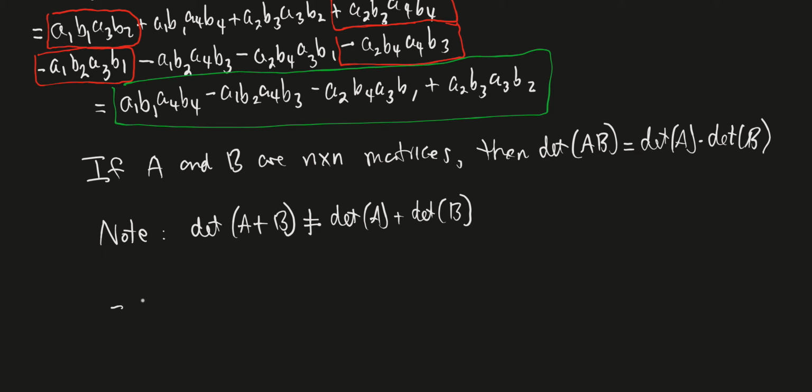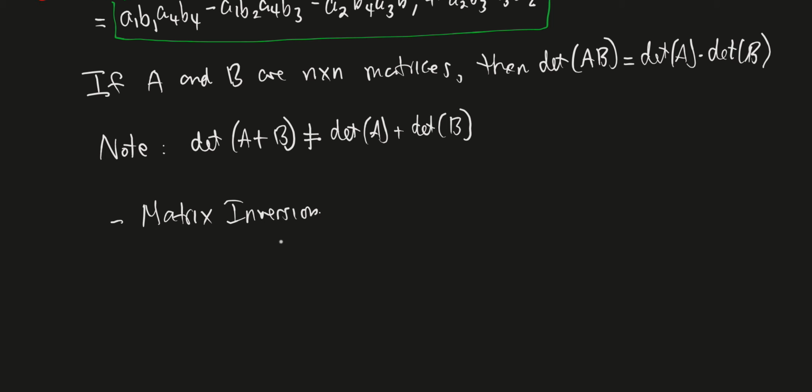So now let's look at matrix inversion. In other words, when we take the inverse of a matrix and then compute the determinant, how is that related to the determinant of the original, right? So let's look at our inverse, right? Now, think about how the inverse is defined. So if A is invertible,